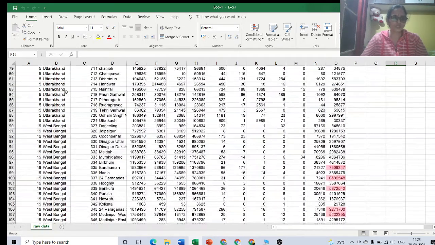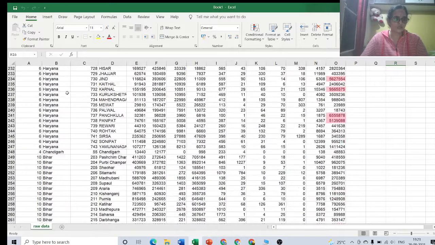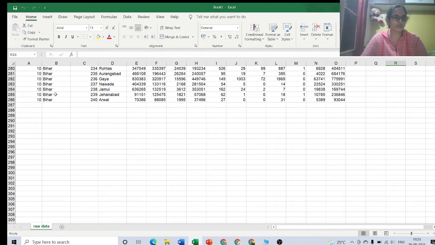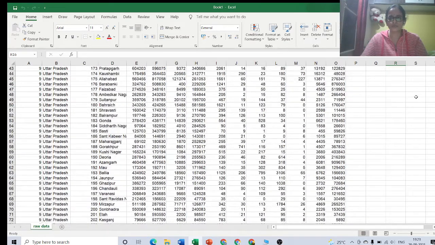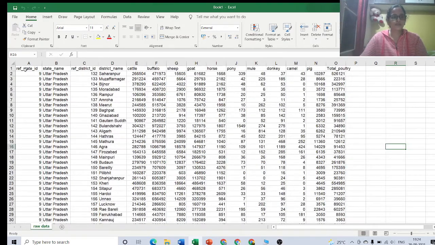So here see the data, say how many rows it has. We have the data till 286 rows, and we have the columns till O. If we want to analyze the data which has so much information, it's very difficult to do it manually.